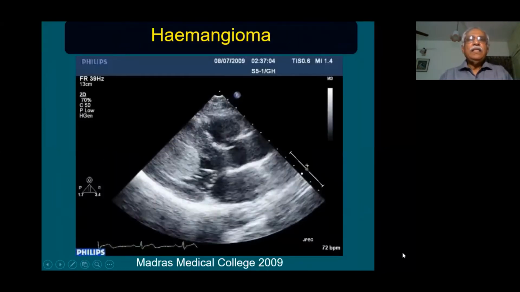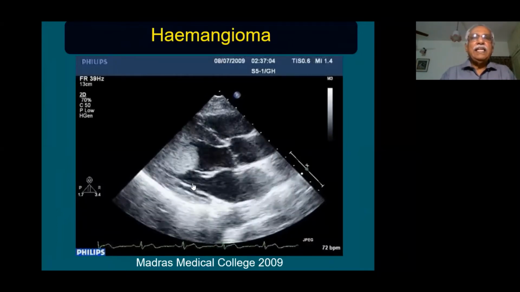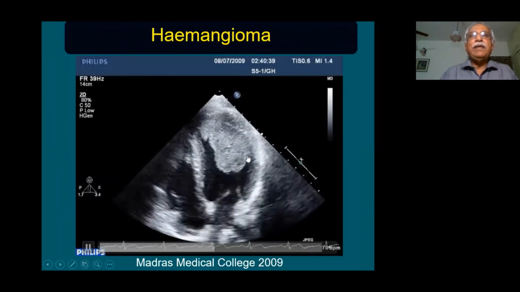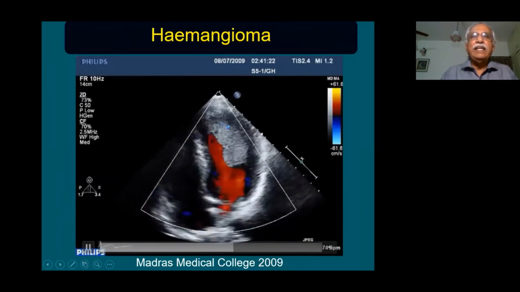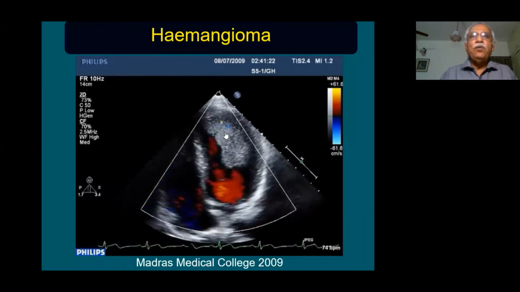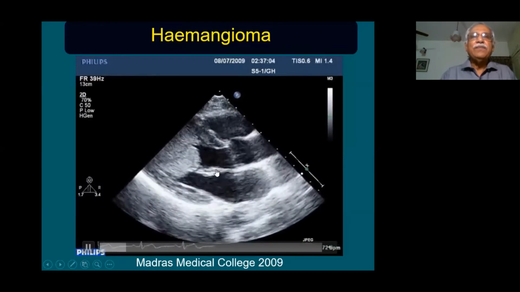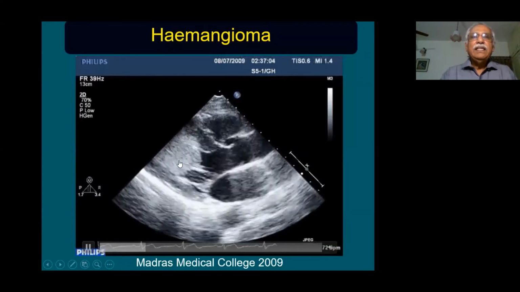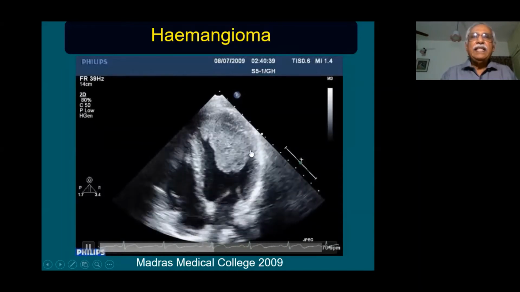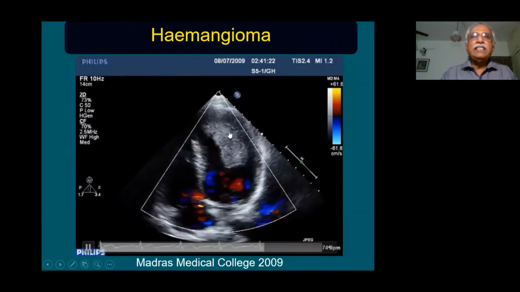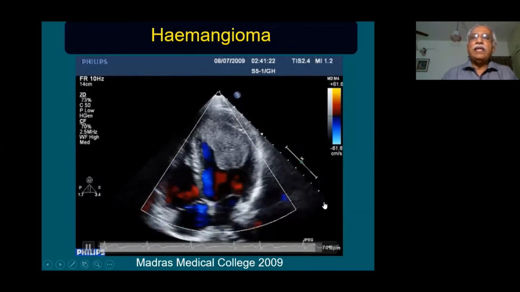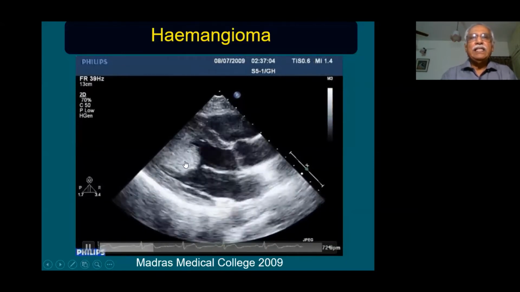This is one of the masses inside the left ventricle. This case was shared by my colleagues from the Madras Medical College after I retired. There is a large mass inside the left ventricle, and with the color, you can identify some flow pattern inside the mass. I will run it again. There is a large mass, but here it is actually separated. On this side, it is attached to the left ventricular muscle, and you can see some flow pattern. If you want to make out this flow pattern better, you can even do a contrast echocardiogram, which will fill the mass.